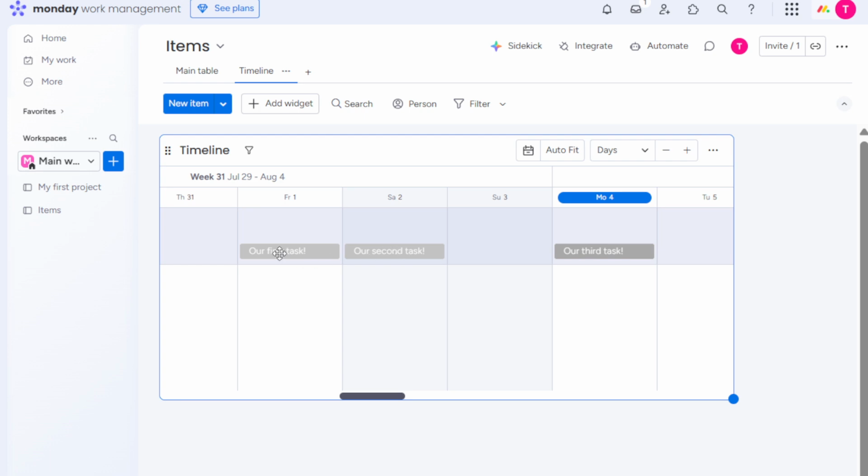And there you have it. Setting up a timeline view in Monday.com is as fast and straightforward as these steps. This view will help you gain better insights into your project schedules and progress, making collaboration and project management more effective for your team. Remember to regularly check and adjust your timelines as projects develop, so you can keep everything